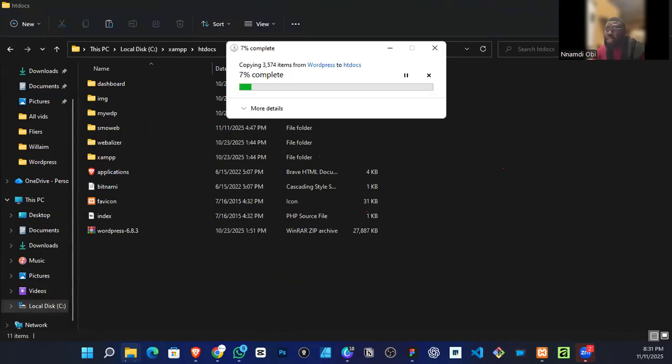It's pasting. Let's wait for it to paste. So let's see what we are going to name this one. Let's name it Techie Pulse. So we're going to rename it once you move that WordPress to htdocs,